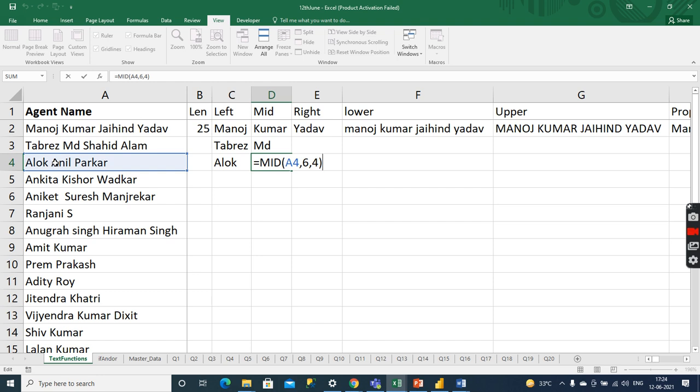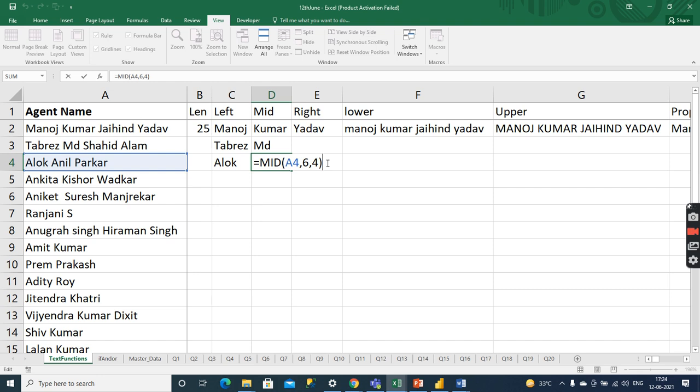But if you have to take data from the middle, you will have to tell the position of the middle value from where you have to pick the data. Also, he is counting the space as well. So Alok is 4 characters, then 1 space makes 5, and Anil's A is 6. Yes, Anil is from the 6th position and it will take 4 characters.